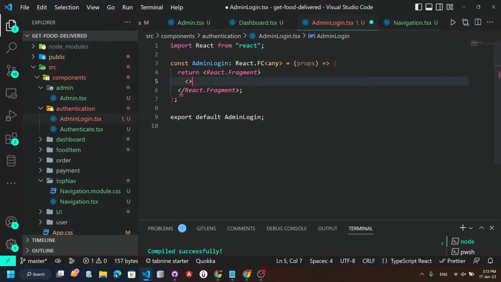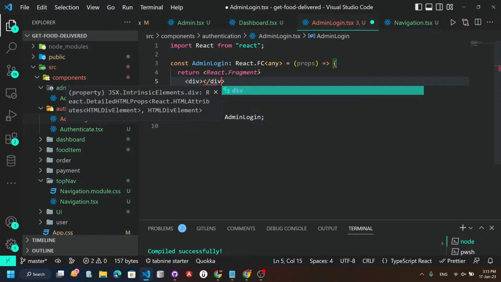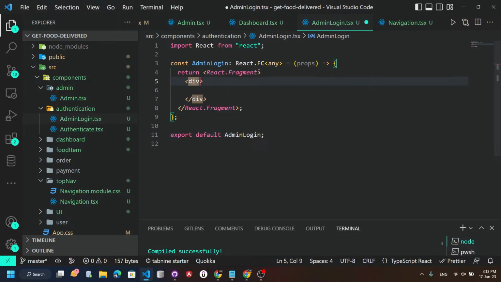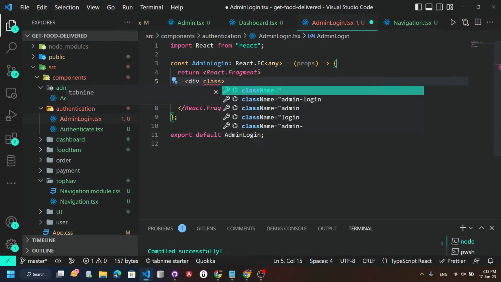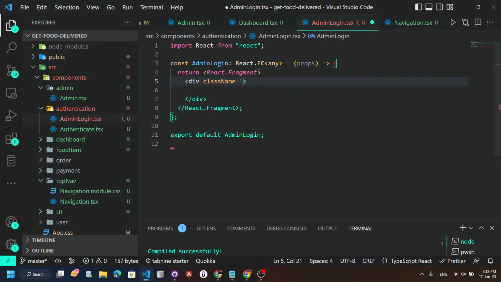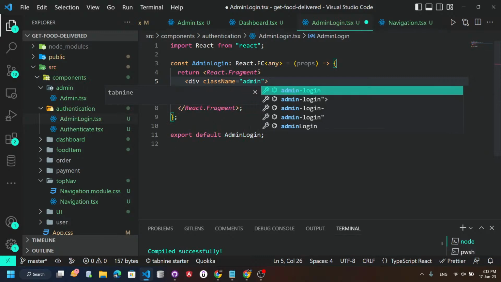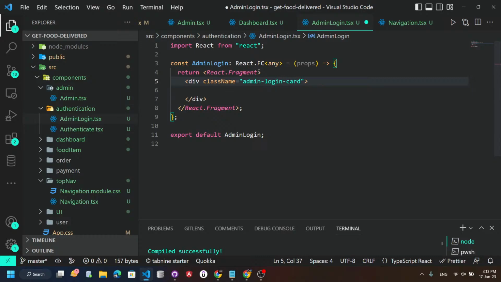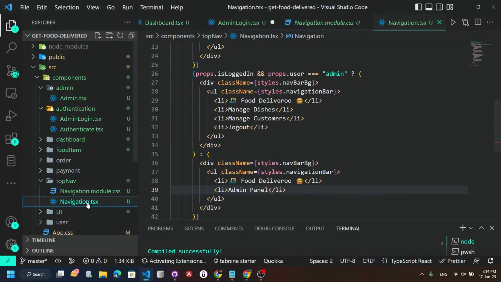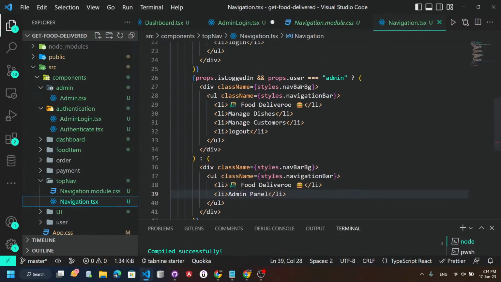और अब मैं यहाँ पे इसके अंदर अपना लॉगिन फॉर्म बना सकता हूँ, ओके। I can make my login form into this। तो यहाँ पे मैं एक div बना रहा हूँ, making one div, और ये div को मैं क्लास नेम दे रहा हूँ, और क्लास नेम में I can assign adminLoginCard, ओके। ये मेरा क्लास नेम है, और मैं इसको ऐसे देता हूँ, adminLoginCard, और इसको मैं दे रहा हूँ styles dot, ओके। तो कुछ इस टाइप की मैं इसमें चीजें असाइन कर रहा हूँ।